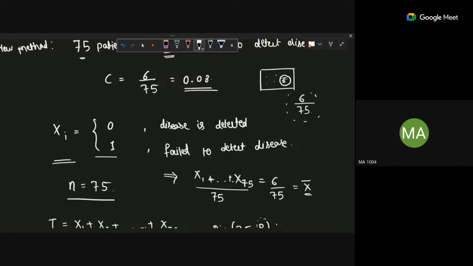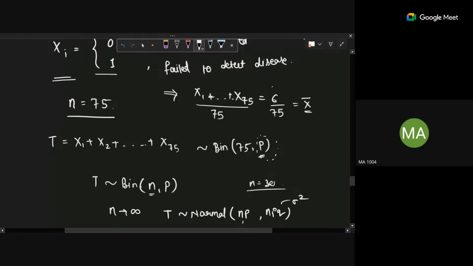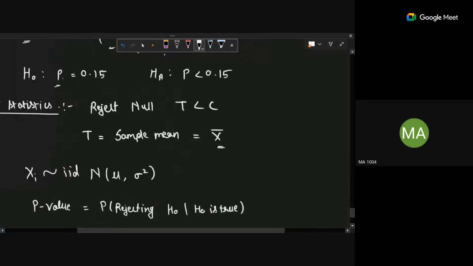Your sample is calculating whether the method failed to detect the disease or detected it. So your samples count the number of times your method failed to detect the disease, right? In that case my x bar will look like 6 by 75, and according to the test, if C